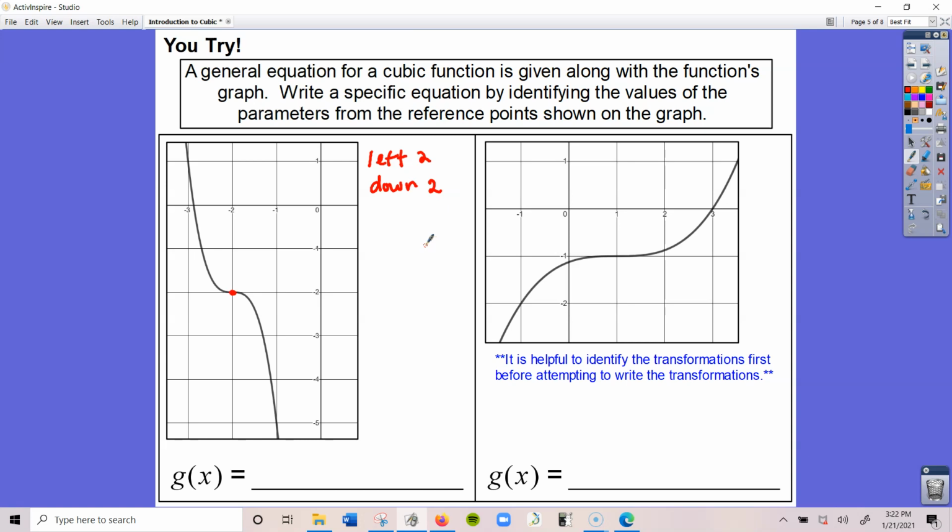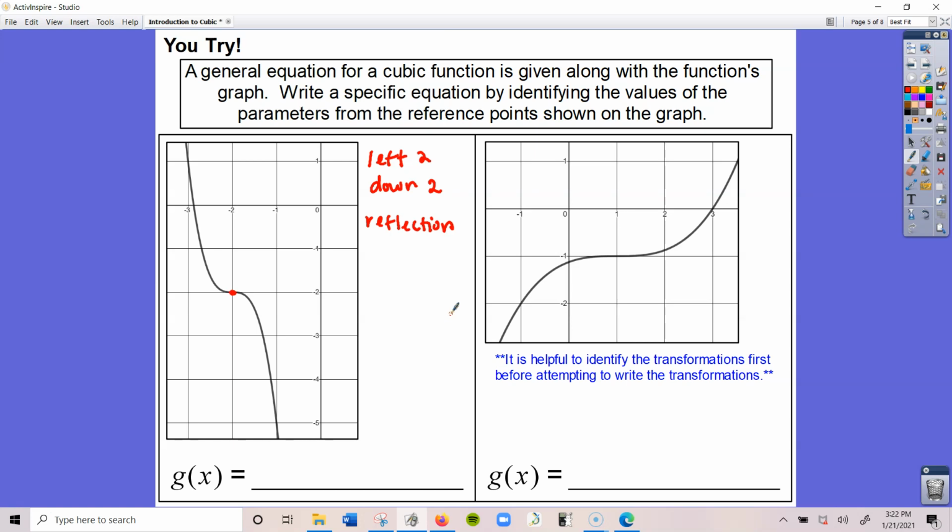Next, we identify if there is some kind of reflection. And how we do that is by checking whether this graph is increasing or decreasing. If I read the graph from left to right, my graph here is decreasing. If the graph is decreasing, that means that there is a reflection. If it was increasing, that means that there would be no reflection, since the original graph for the cubic function is always increasing. Now, we don't necessarily know if this is a reflection on the x or on the y-axis,